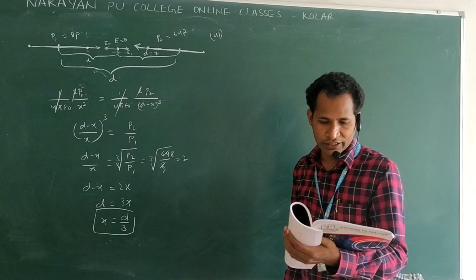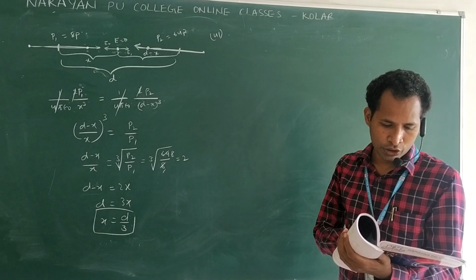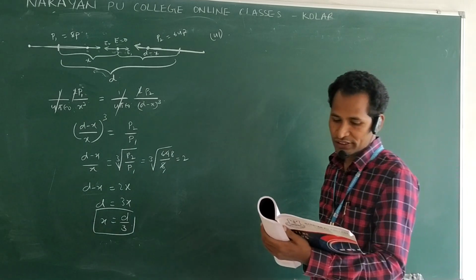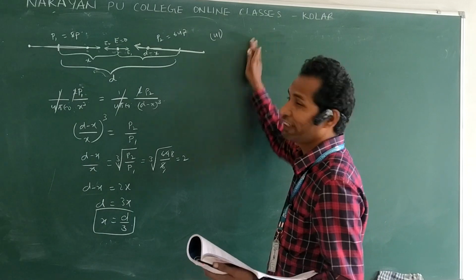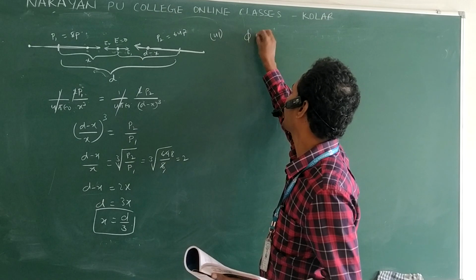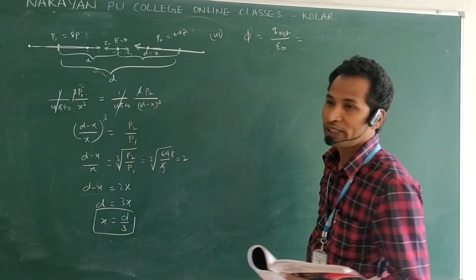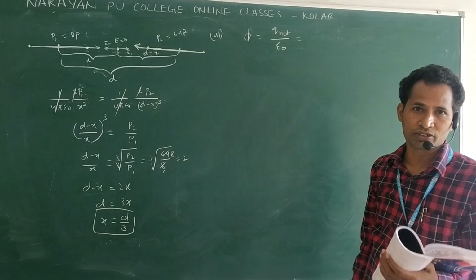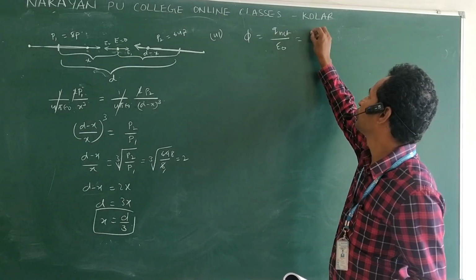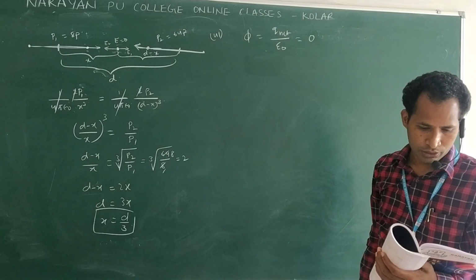41 is: 12 dipoles of charges of magnitude q are placed inside a cube. The total electric flux coming out of the cube will be? 12 dipoles are there, meaning 12 positive charges and 12 negative charges are there. Then what is the flux according to Gauss law? Flux is equal to q net by epsilon naught. What will be the net charge? Net charge in the cube is 0. 12 positive charges, 12 negative charges. Then charge is 0, so the answer will be 0.